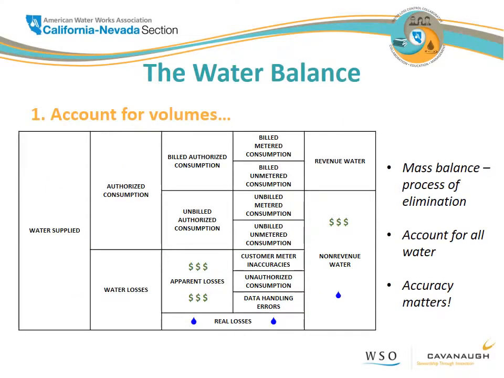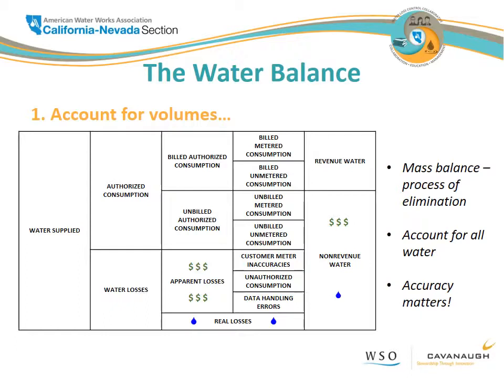First, the water balance. The water balance is the concept, it's the methodology that's behind the water audit. I'll reference the water audit as the software tool, the actual process of entering volumes into the software, whereas the water balance is the concept behind it. And as you can see, the water balance is a process by which we account for known volumes to understand our water losses. The known volumes we have here are water supplied, all of the water that we supply into our system,